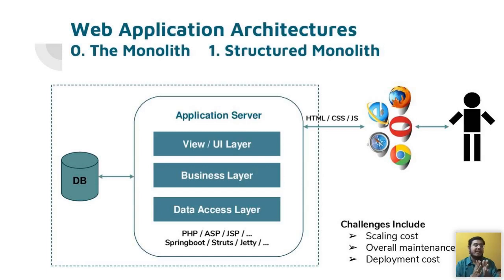And we have an organization that has its own application server, which gives the HTML, CSS, and JS content to the browsers, which display it to the user in the end, right? So that was monolith. And then we had structured monolith, when people started segregating their components within that application server. You might have heard of popular frameworks like Model, View, Controller, and all that, right?